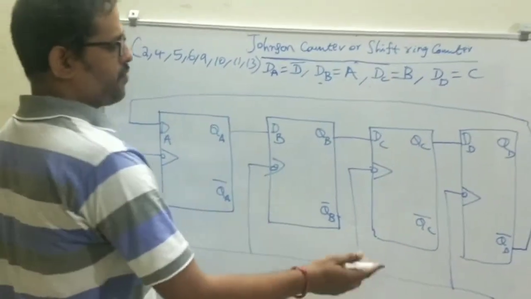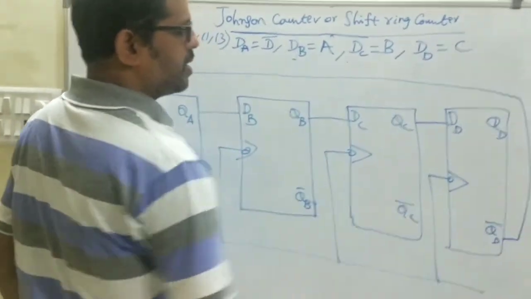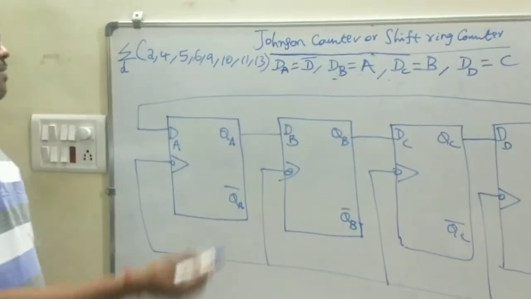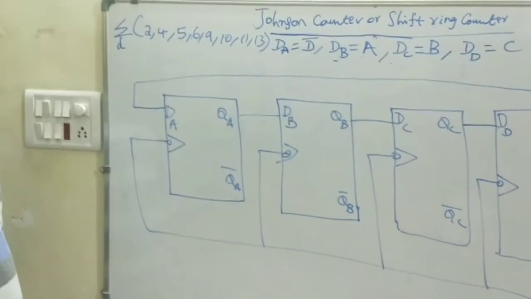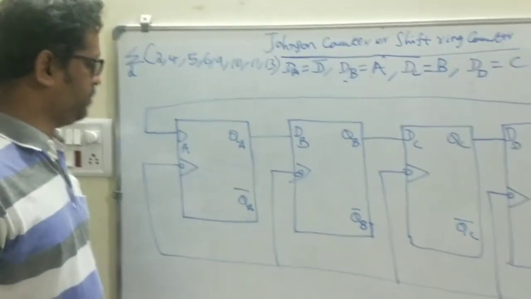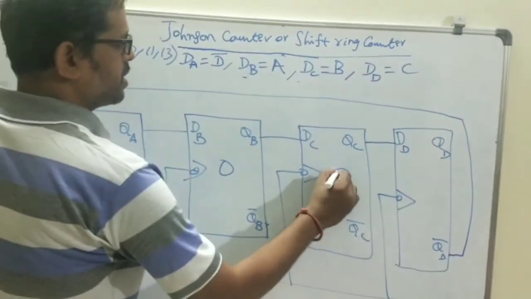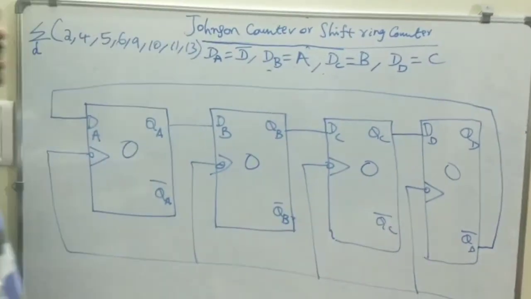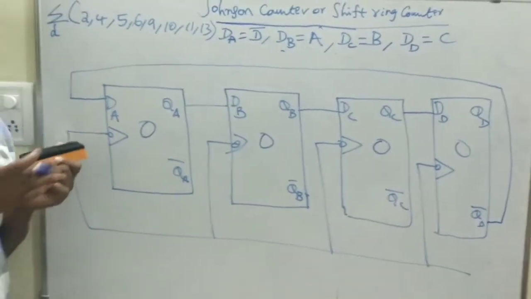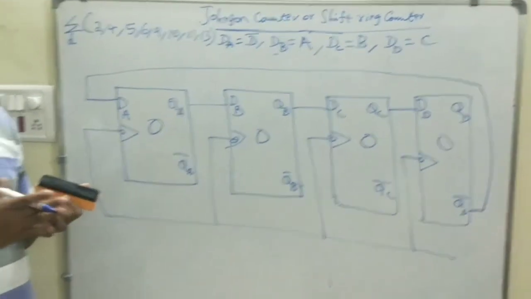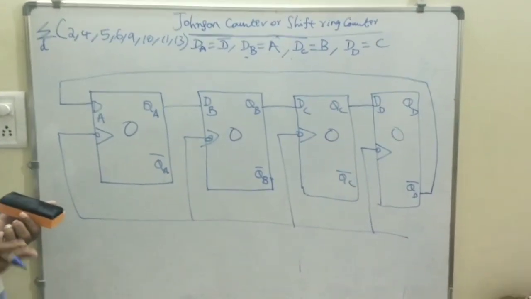In case of a shift ring counter, we are taking the output of QD dash from the last flip-flop and giving it as an input to the first flip-flop. Now we will check the sequence. The first value is 0, 0, 0. Before applying the clock pulse, we have to make the inputs ready for all the flip-flops. That is the common procedure while we are checking the behavior of the particular counter.